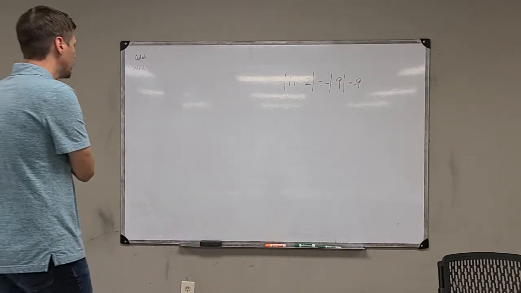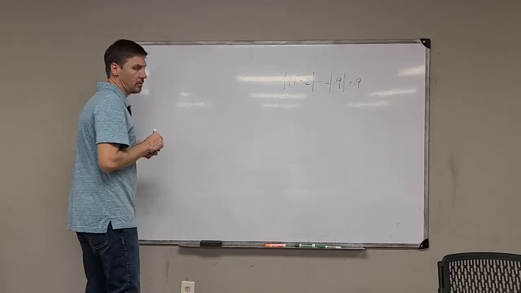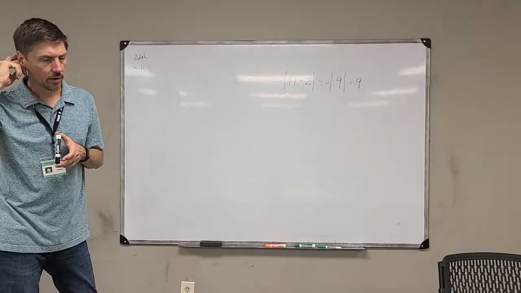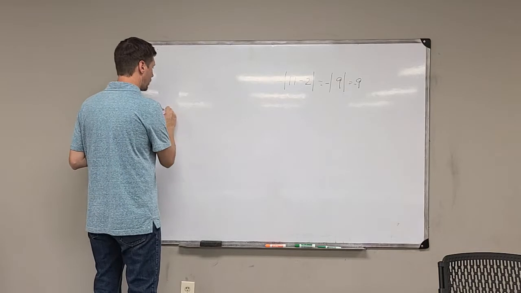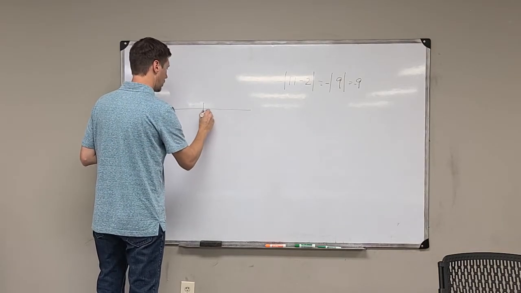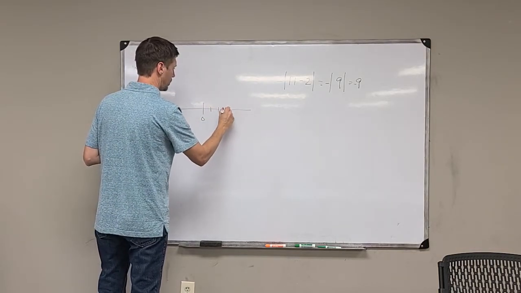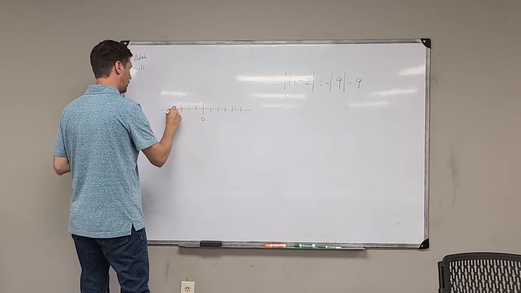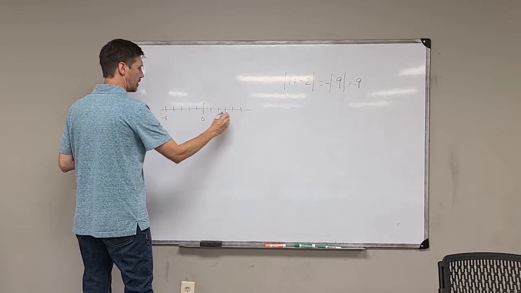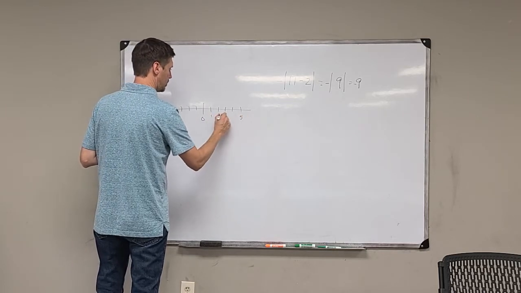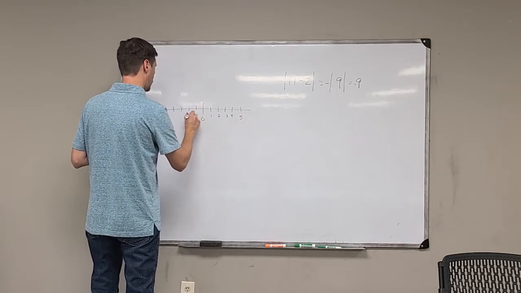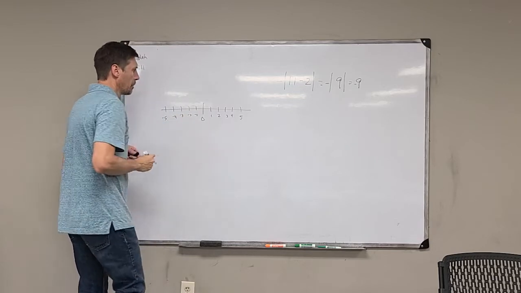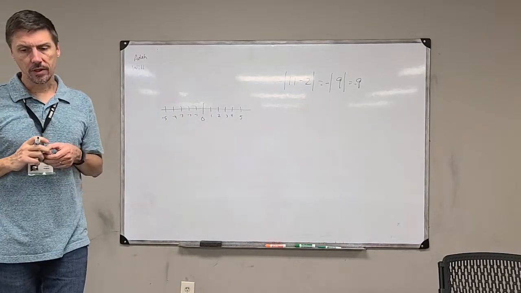Now, again, I'm assuming this is probably review for most of you, but I want to make sure that you understand this. Number lines are often how we think about this. I'm going to draw a number line here. 1, 2, 3, 4, 5, negative 1, 2, 3, 4, 5. So this is negative 5, this is positive 5. And so if we had something like